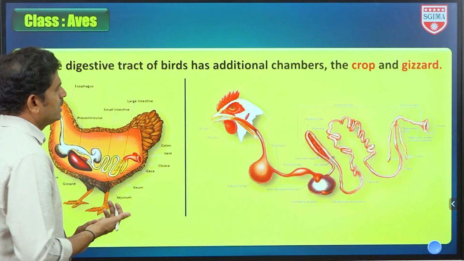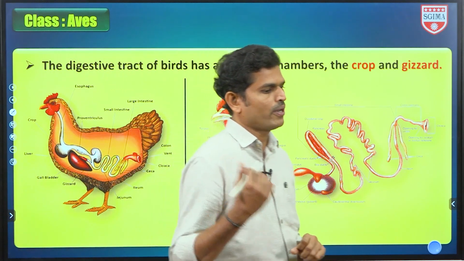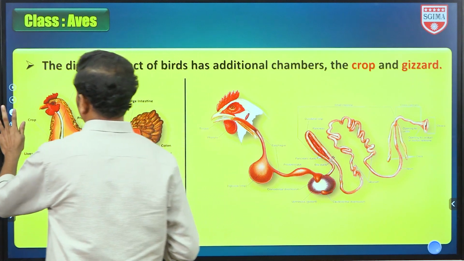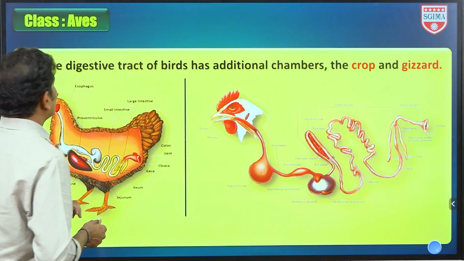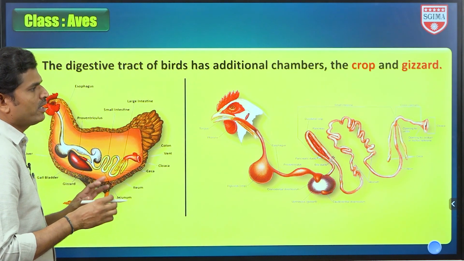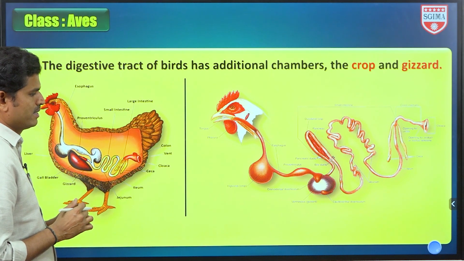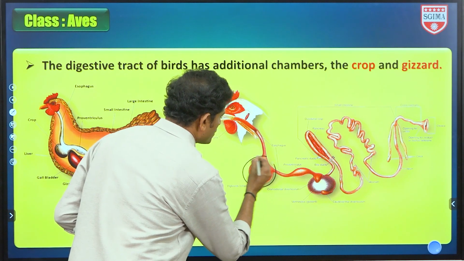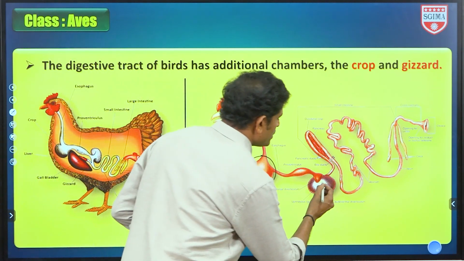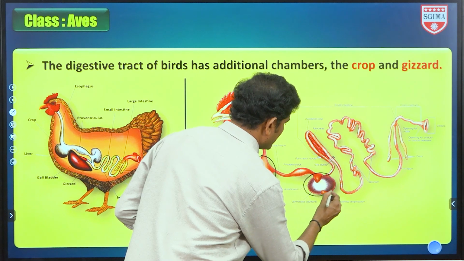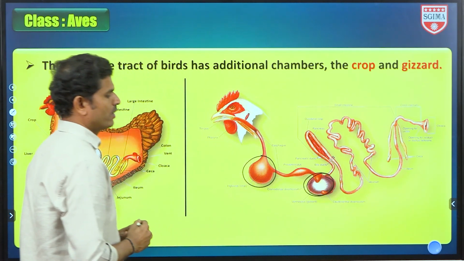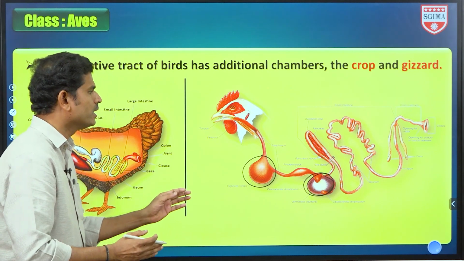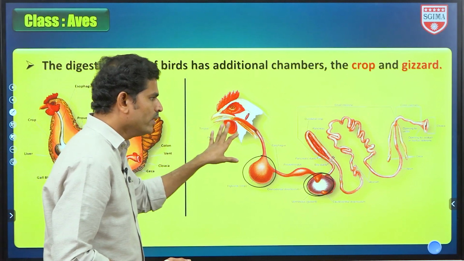Yes, another one is about digestive system. पिछले पॉइंट है तो एंडोस्केलेटन है, अभी डाइजेस्टिव सिस्टम है का. So the digestive system here contains two extra structures. We may not observe these structures in other organisms. One is crop. This is called a crop, and this is called a gizzard. Crop and gizzard. These two structures are additional structures we may observe in the digestive system of birds.